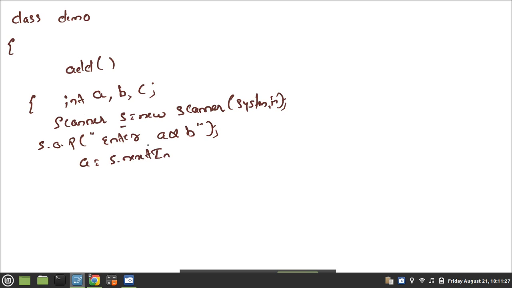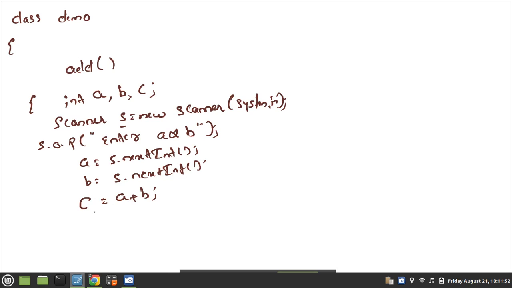A is of type integer, that's why int. B is equals to s dot next int, because B is of type integer. I want to perform the addition here, A plus B. The result I will be storing in a variable called C.